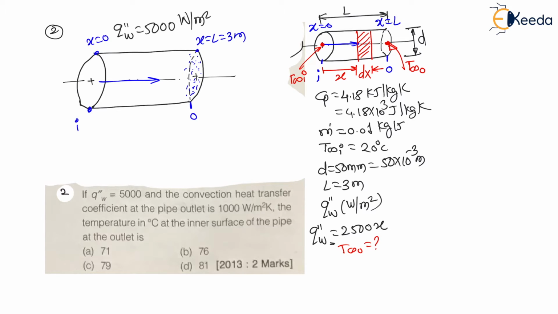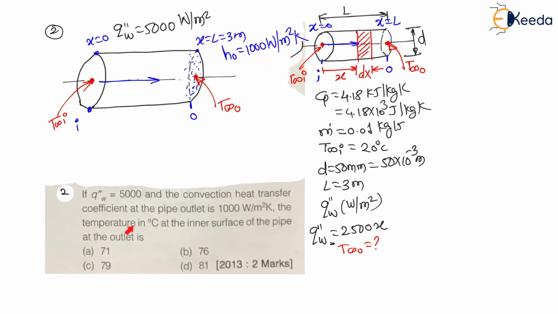And my dear students, here at inlet we have seen the center line temperature is T infinity I, which is given as 20 degrees Celsius in the question. And at outlet, the center line temperature we have written as T infinity O. Now this is not given here, because the heat flux has changed. As the heat flux has changed from the previous value, this outlet temperature will also change. And for the water molecules at outlet, the convective heat transfer coefficient h, which is h O, is given as 1000 watt per meter square Kelvin.